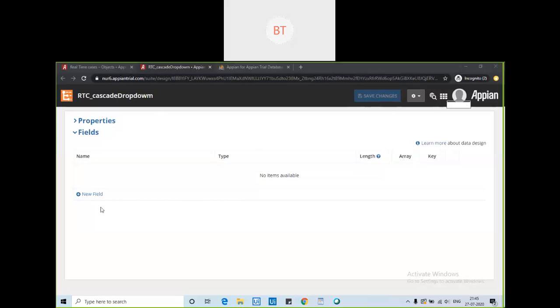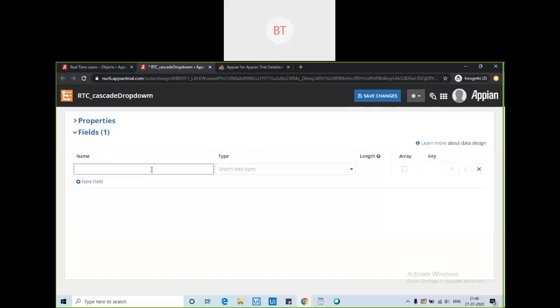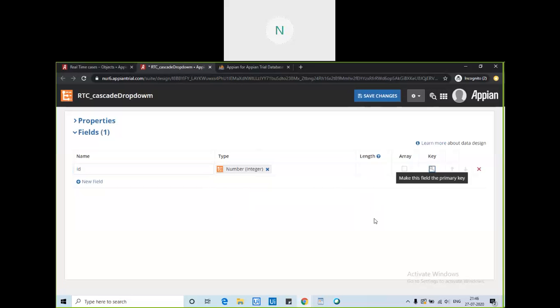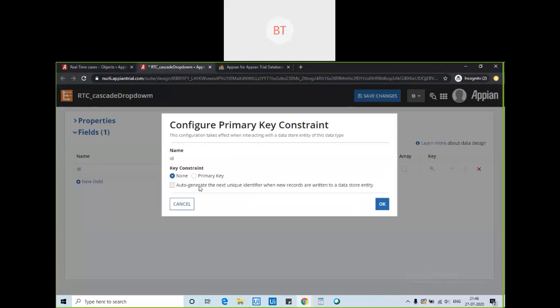Now you tell me what all the columns should be in this CDT. We should have one primary key, that is this ID. It will be number integer, a primary key as well as an auto-generated key. So we are done with our primary key.